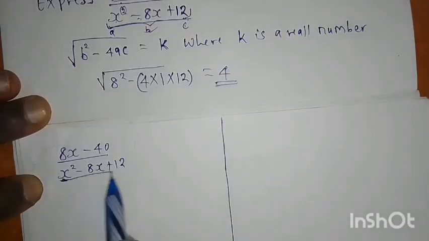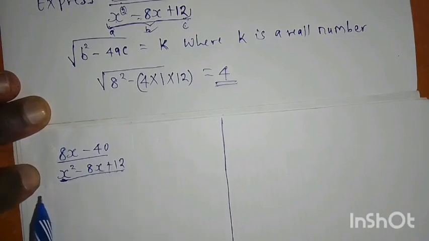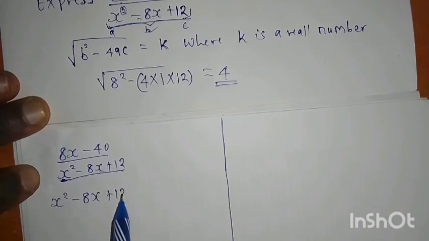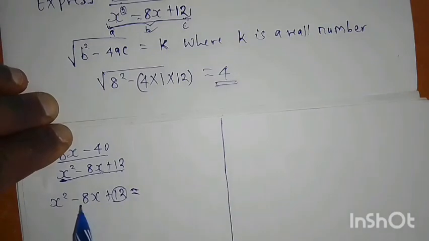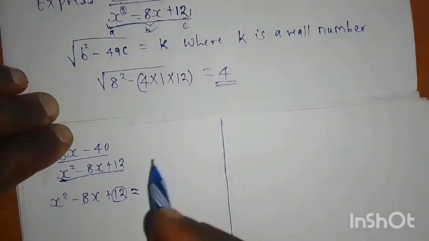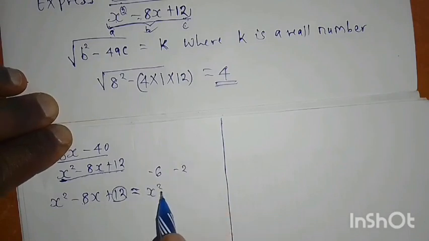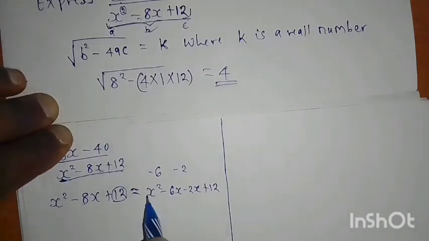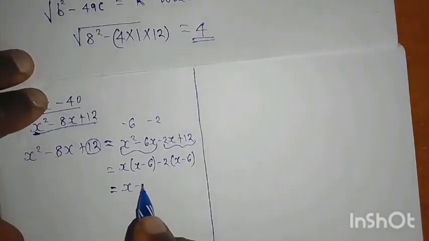Because we have now identified that this expression is factorizable, let us factorize it. We find two numbers whose product will give us 12 and whose sum will give us -8. And usually these numbers are -6 and -2. So we express it as, by taking each of the two numbers, we factorize them. So it becomes